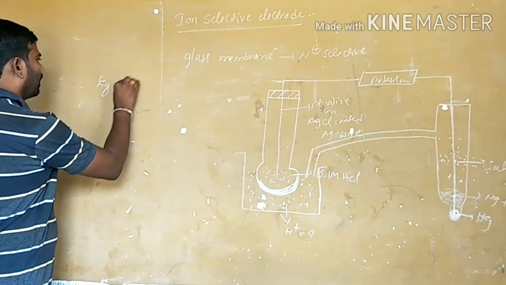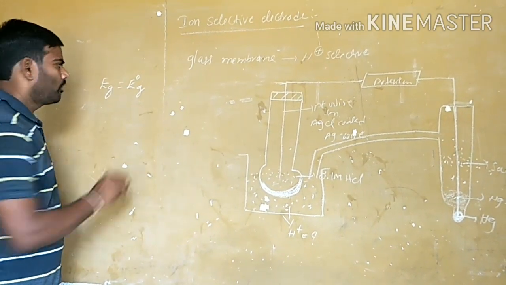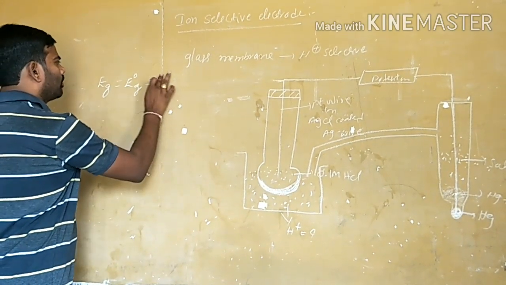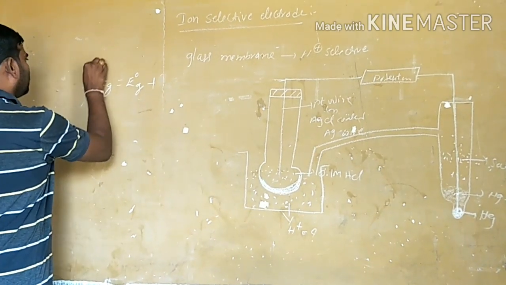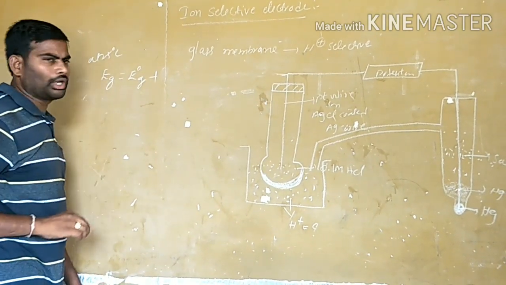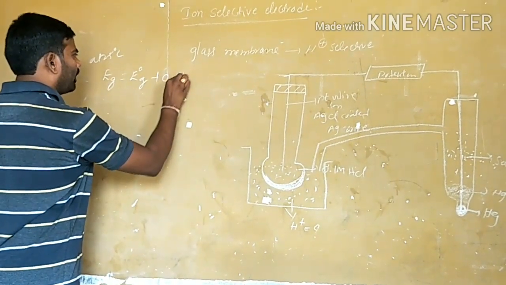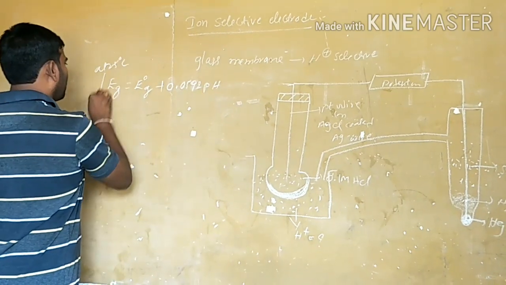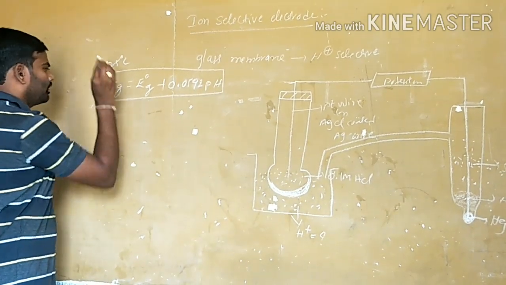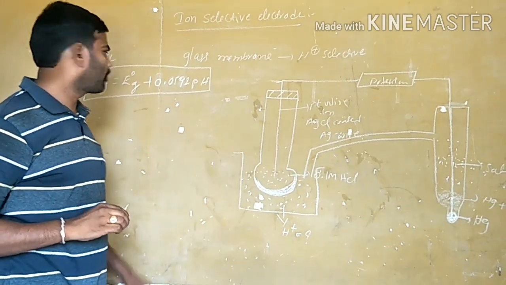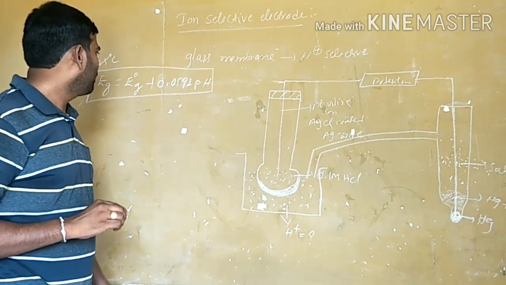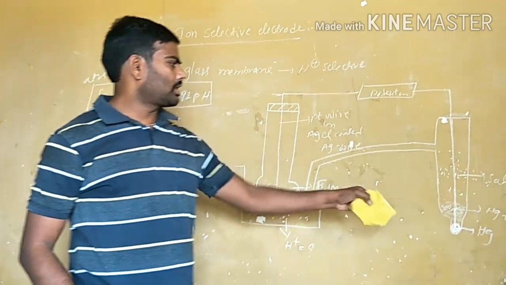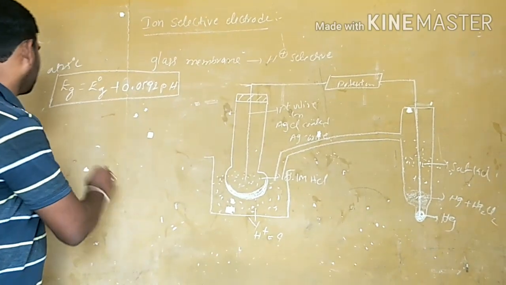That is, Eg is equal to E naught G minus 2.303 RT by F log. At 25 degrees centigrade, Eg is equal to E naught G plus 0.0592 pH. This is the single glass electrode potential given by the equation Eg is equal to E naught G plus 0.0592 pH. With this, a total cell is constructed, and the total E cell